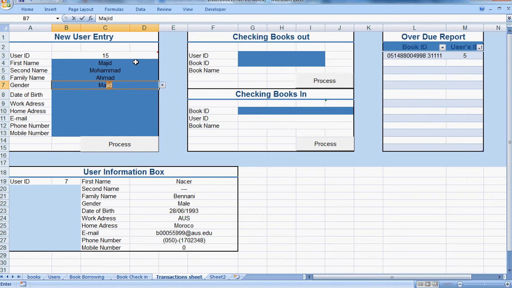His gender is male. His date of birth is 1/1/1990. Work address AUS, and home address is Sharjah. Email address is majid_ahmed@hotmail.com. In case, for example, we do not enter